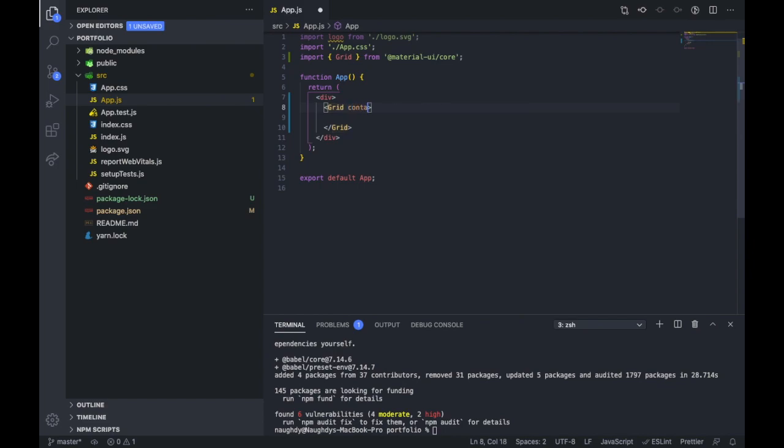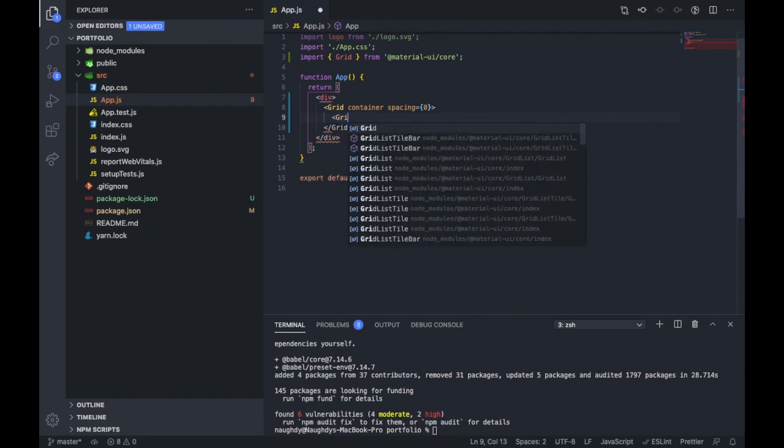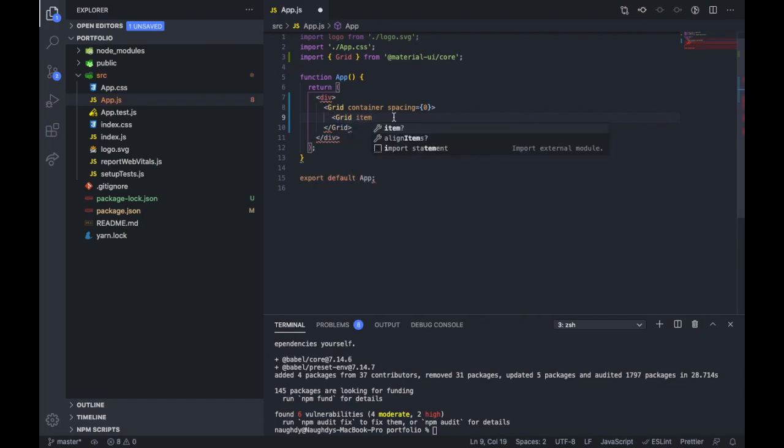So we will declare the first grid as the container, and inside this container we will be giving two more grids. So this container would be equal to 12 as a whole. Spacing equals 0 means there should be no spacing between any of the grid inside the container. Now the next grid would be an item of the container, again with the spacing 0, and similarly there would be one more same grid as an item.